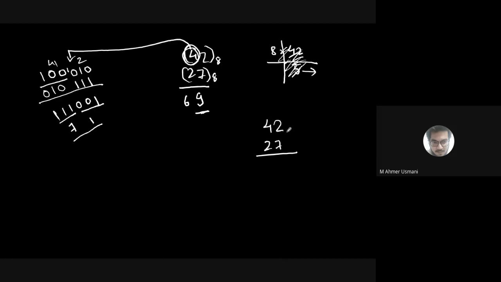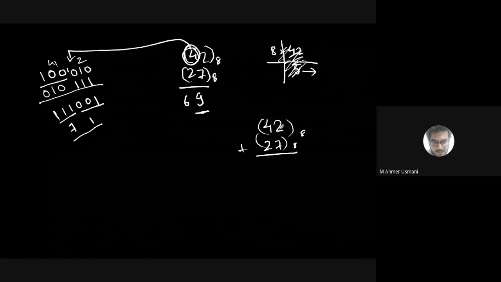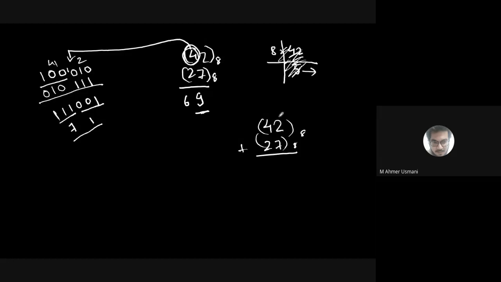अभी मैं या 42 अगर लॉजिकली भी बात किया जाए, 42 + 27 अगर किया जाए, ओके, आई वांट टू ऐड इट, ये दोनों ऑक्टल है, ओके, both are octal, so 7 + 2 करना है मुझे, so 7 के बाद क्या आता है ऑक्टल में, do you guys know what will come after 7? 1 0 it is 1 0, just like decimal में after 9 comes 1 0, 9 के बाद 10 आता है, just like octal में 7 के बाद क्या आएगा 1 0, yes sir.